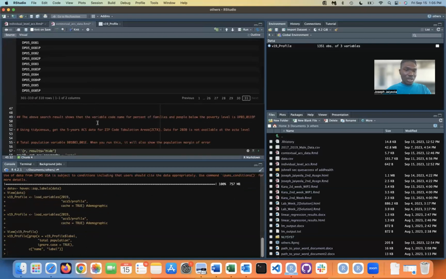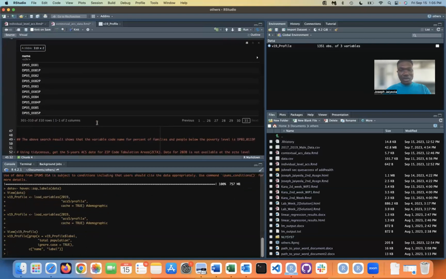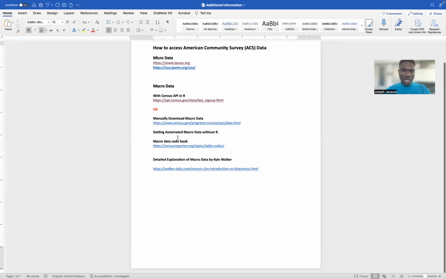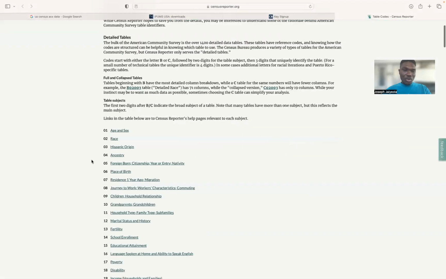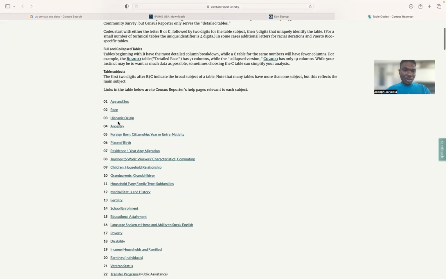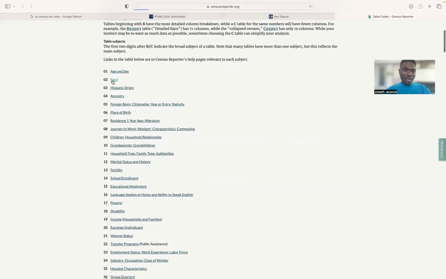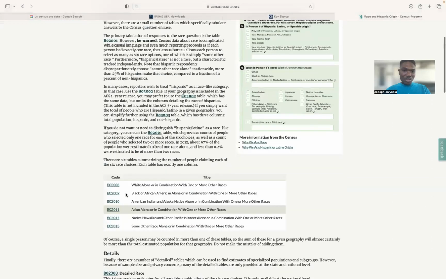But for you to really understand or see the code book well, you could go to this website. This is the macro level code book. When you click on this, it is like the code book. It tells you what category. Let's say I want to get things on race. I try to search, and it shows me